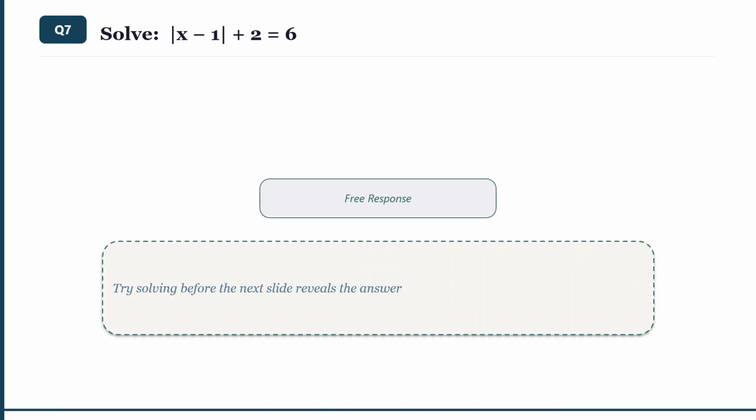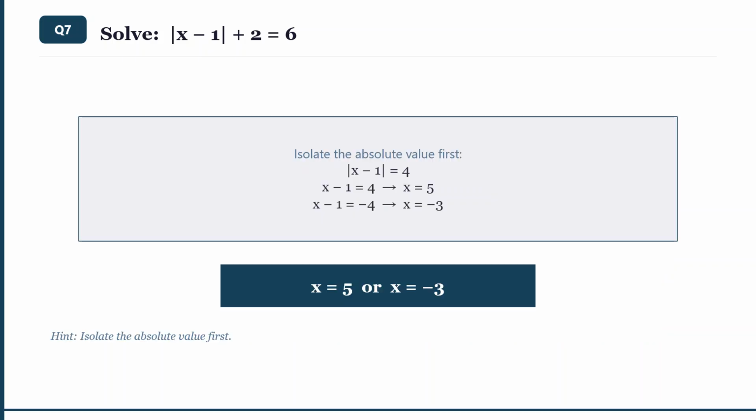Question 7. Free response. Solve the absolute value of x minus 1 plus 2 equals 6. Pause. The answer is x equals 5 or x equals -3. Isolate the absolute value first by subtracting 2. The absolute value of x minus 1 equals 4. Then split into cases. X minus 1 equals 4, so x equals 5, and x minus 1 equals -4, so